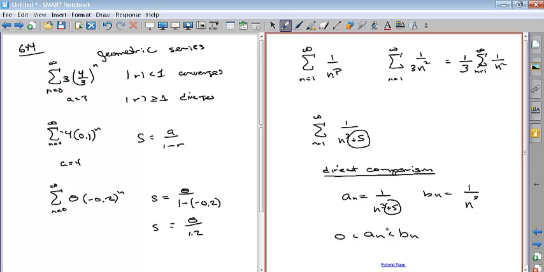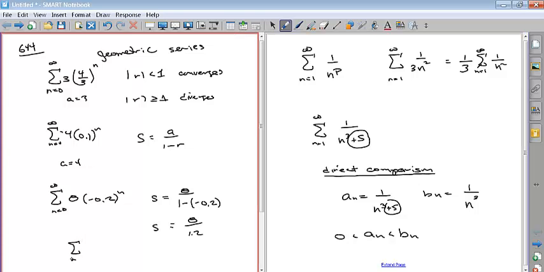And for that to work out, this has to be true, and let's just look in the book. And the other one is this has to converge. So a lot of times this comparison one is a p-series. You could also do the same thing with the geometric series. I could have something like the summation from n equals 0 to infinity of 5 times 2/3 to the n plus,